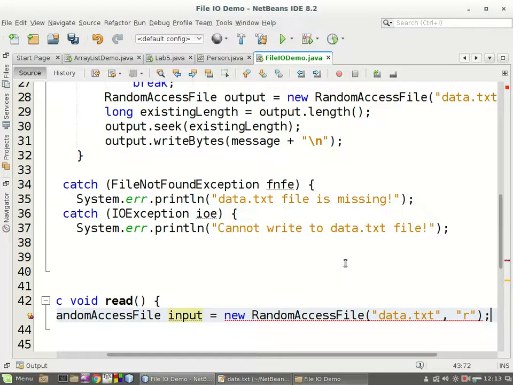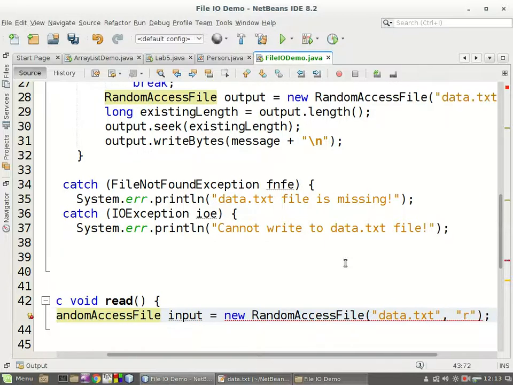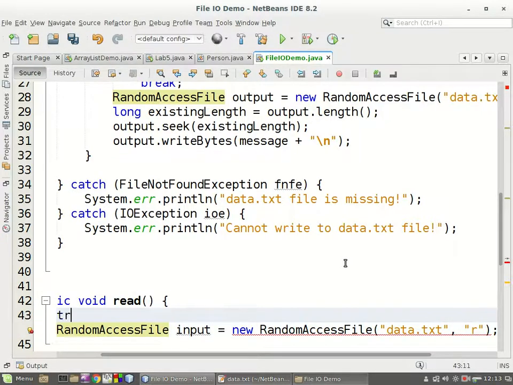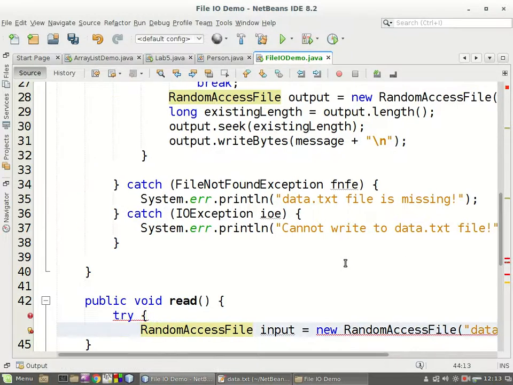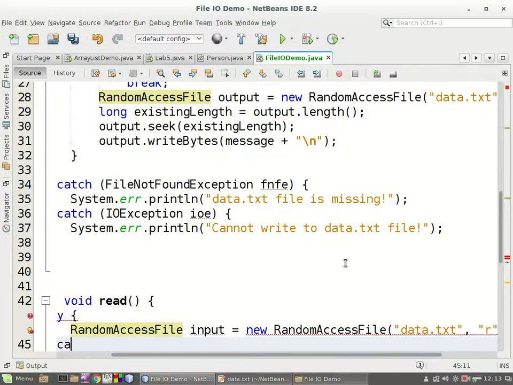So we do that, but at the same time, this is complaining because we haven't caught that FileNotFoundException, which is crucial at this point. So how do we fix that? Write try followed by curly brace. This is what we are trying to do. End curly brace. We should catch an exception, and that exception is